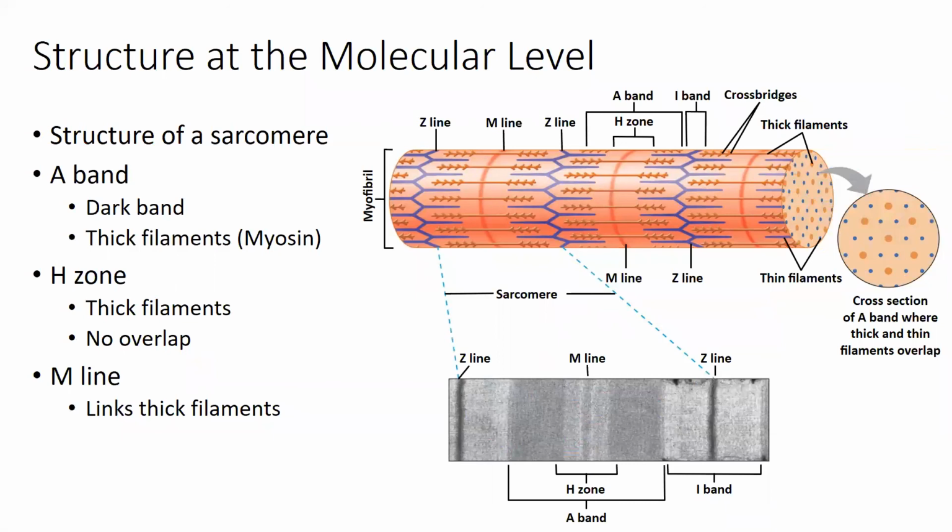Okay. Now this region here is a little bit deeper staining because there's overlap. This is your A-band. This is where the thin and thick filaments overlap. Whereas if you took this area, just myosin here, it's a little bit paler staining, and that's your H